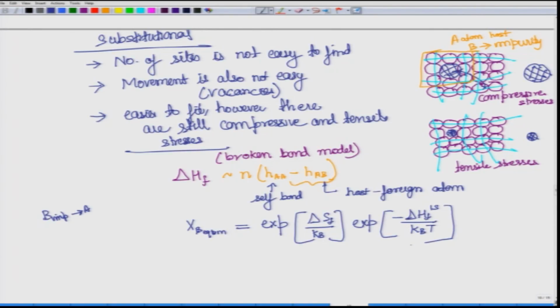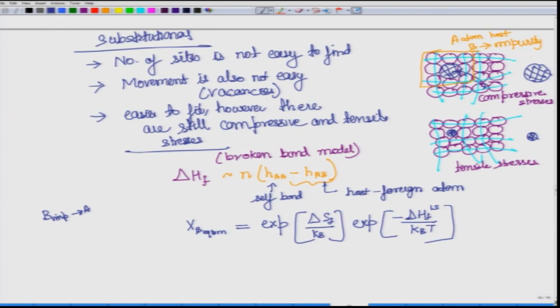So, it will not be very different, again it is something similar, only how you find delta HF changes, and then the entropy and other terms would remain similar, because just like in vacancies, this substitutional atom will also be able to provide different ways of arrangement. So, in that term the configurational entropy equation would be similar, although the values might be different, and therefore, the final form of the equation, as you can see, is very similar to what we found for vacancies.